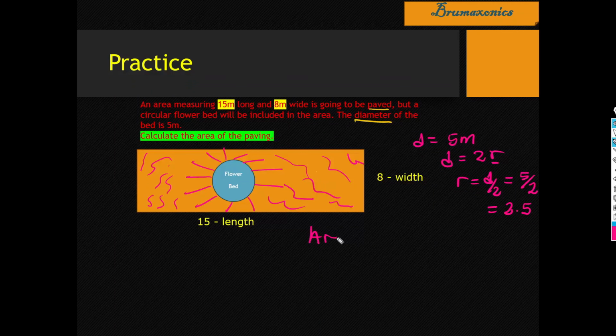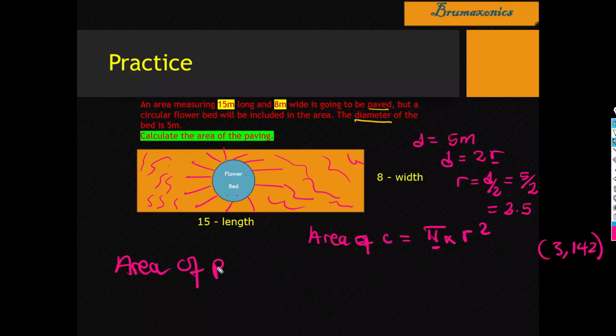So the area of the circle is equal to pi times r squared, right? So we know that the value of pi can be given by 3.142. The reason why we are looking for the area here is that in order for us to calculate the paving, we know that the area of the paving is equal to the area of the rectangle minus the area of the circle. So this is our solution for this particular question. So let's continue